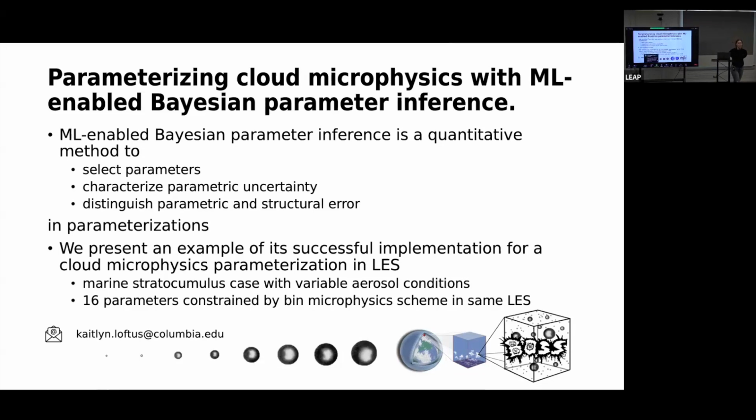So right now, in practice, the method is general. We can choose whatever constraint metrics we want to use. The issue with using single moments in time is, especially when it's precipitating, the dynamical variability is quite significant. It is a bit of an easier task if we're using the same LES just with different microphysics schemes.